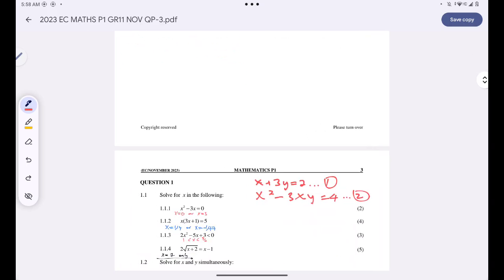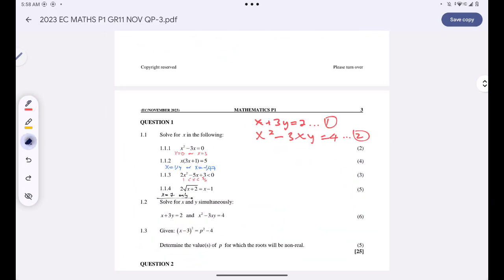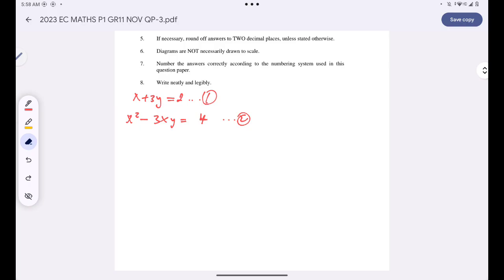This is my second equation: x plus 3y is 2, x squared minus 3xy is 4. Yes. Okay, and then here guys, I'm supposed to solve for x and y simultaneously, but I can only solve for one unknown at a time. Are you together? So I must just isolate one unknown and make it the subject